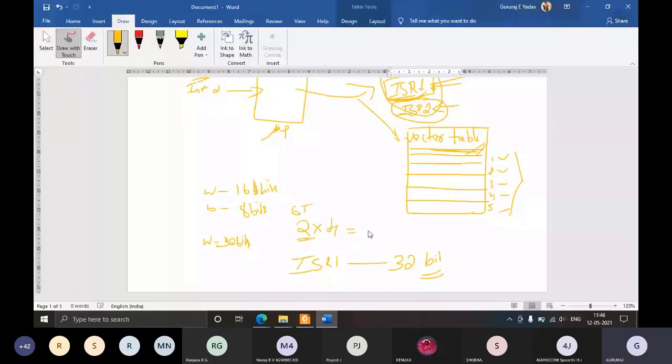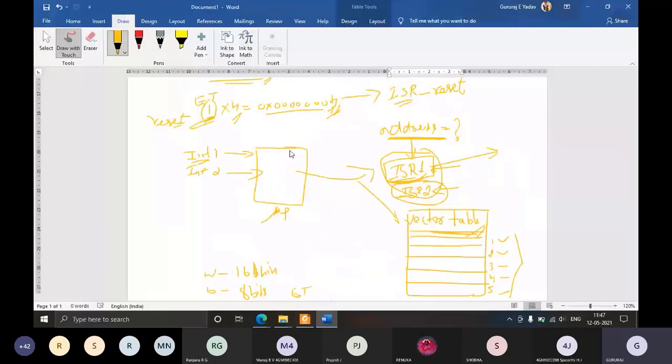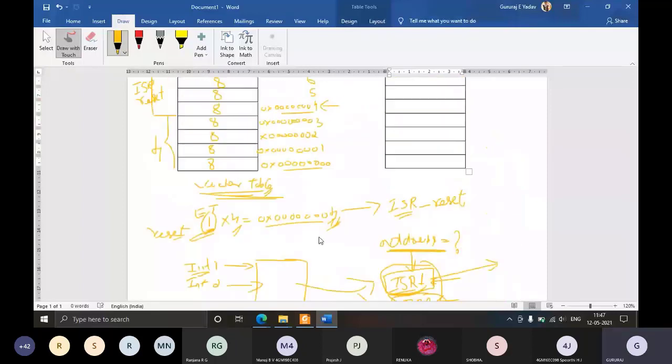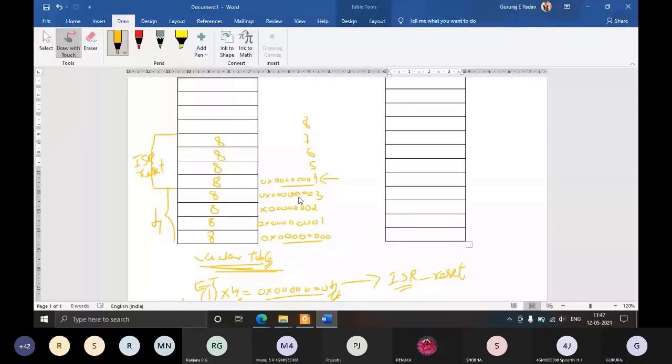So what is that 8? Again, it is a 32-bit value. So 4 zeros, followed by 3 zeros and then 8. So totally it is a 32-bit value. So that means in this location, 0x00000008, of the vector table, you will find the starting address of the ISR for NMI, non-maskable interrupt. So where is that? Here. So this is 8. This is the location 8.